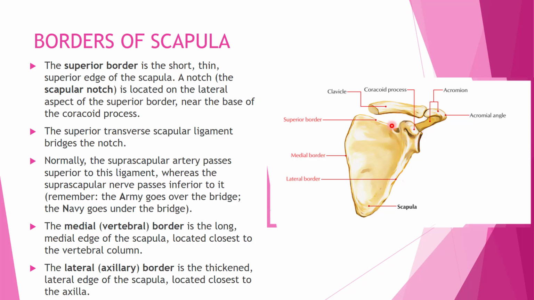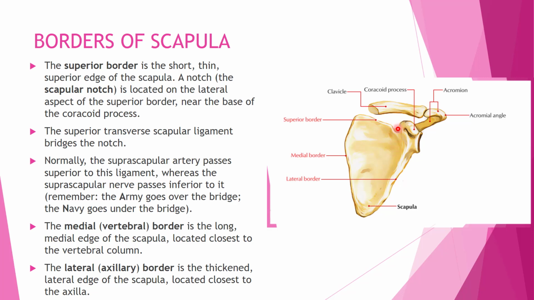There is one ligament which is bridging this notch. That ligament is called the superior transverse scapular ligament. Again, I will repeat, there is one ligament bridging this notch, named the superior transverse scapular ligament. Normally the suprascapular artery passes superior to the ligament. Remember this: the suprascapular artery will cross above the ligament and the suprascapular nerve will pass inferior to